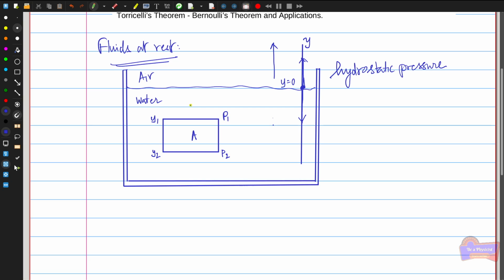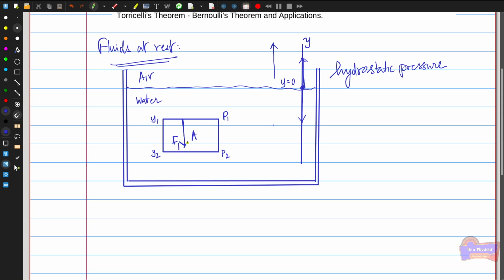So we consider that this water is in static equilibrium, that is, the liquid is in a stationary position, so the forces acting on the liquid are balanced. If you consider this small imaginary water layer, there are three different forces acting on it. The first is the force acting on the top face due to the water above the layer, which acts downwards,